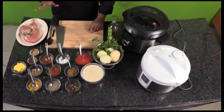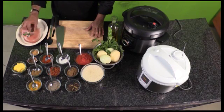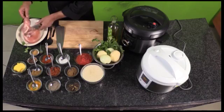Today I'm going to prepare what you might consider a very basic chicken curry and rice meal. But the difference is I'm using a revolutionary new method, the Philips electric pressure cooker. And my rice will also be done in the Philips rice cooker. So here we are. I'm going to start off today with the chicken curry first, and then we'll move on